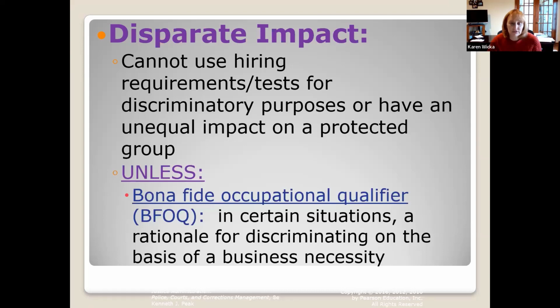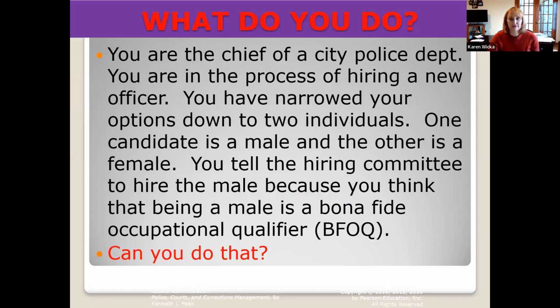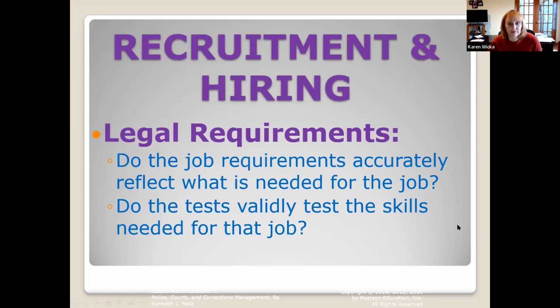Okay, so we'll look at some examples to make it more clear. So you are the chief of police department. You're in the process of hiring a new officer. You've narrowed your individuals down to two. One candidate is a male, the other is a female. You tell the hiring committee to hire the male because you think being a male is a bona fide occupational qualifier. So my question to you is, and if you go back to the previous one that we talked about,